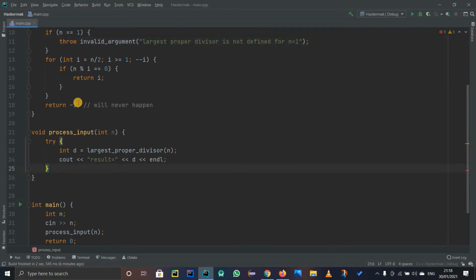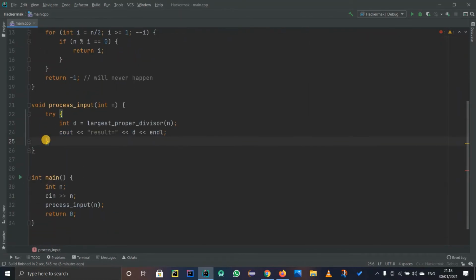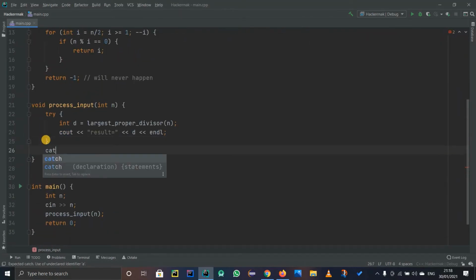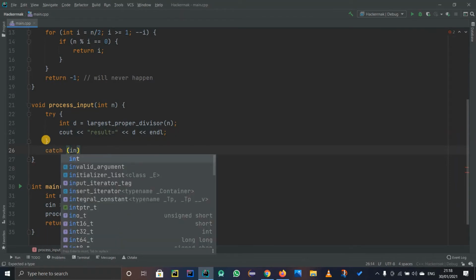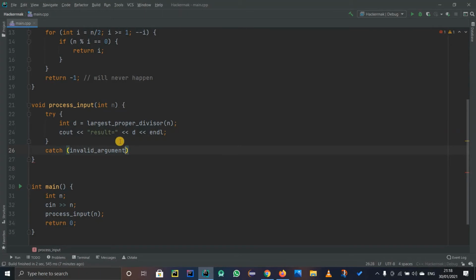So they are throwing an exception from here and we are going to catch it right down over here in this function in which we call that other function. The argument is going to be invalid argument because we are passing an argument, right? So the exception type is going to be invalid argument, and let us call it e. Remember, e is just the name of the variable. It can be anything, right?